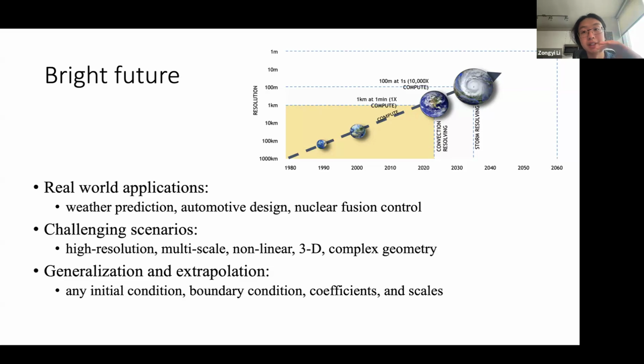And in the end, I think generalization and extrapolation are the key questions. If we train on the weather from the past 40 years, can we extrapolate to new temperatures? Especially given global warming, there will be new behavior and maybe new extreme events. Can we extrapolate to that? Or when we design car shapes, given existing shapes, can we find really new or novel shapes, even with different topologies? So this is the key research question we have in mind.